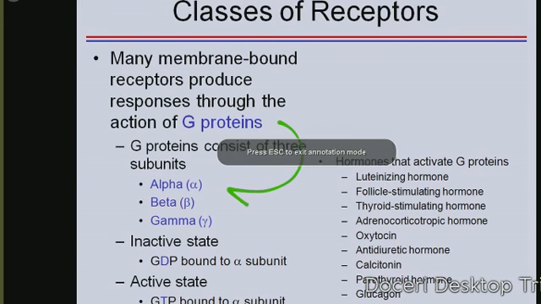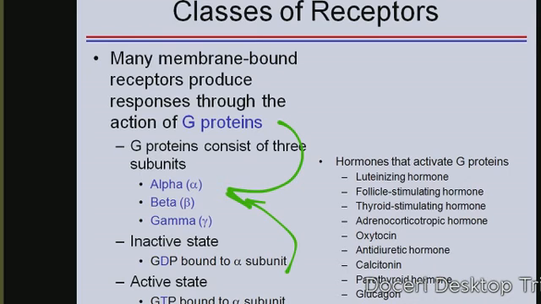G protein bound to an alpha subunit. And the active site is also bound to an alpha subunit. And some of the hormones that activate G proteins include the luteinizing hormone, FSH, follicle stimulating hormone, thyroid stimulating hormone, also known as TSH,